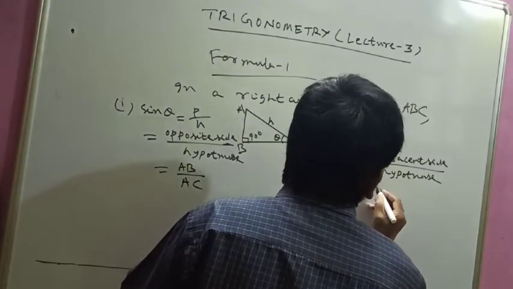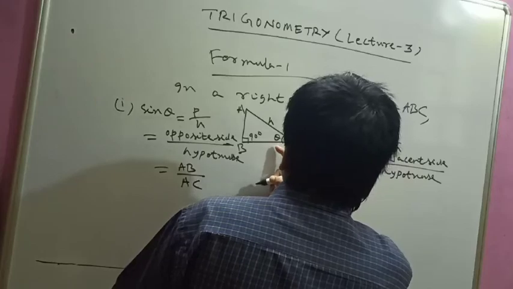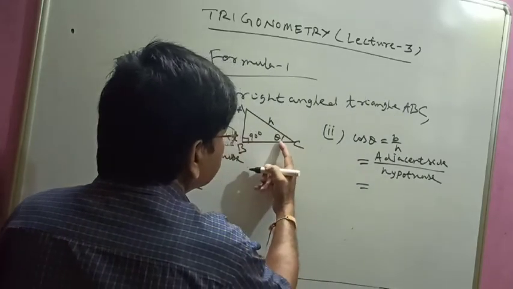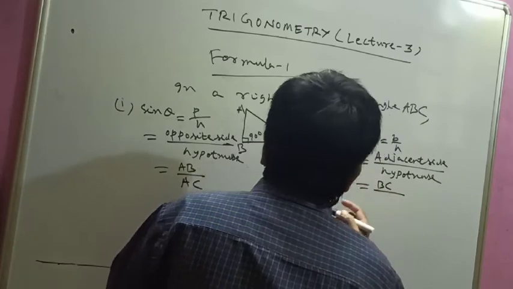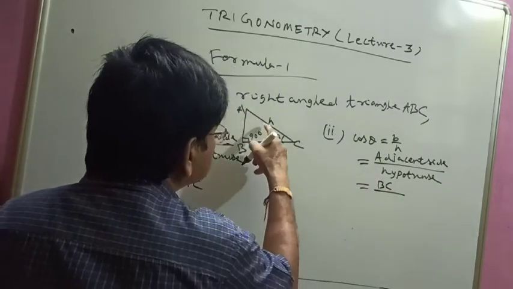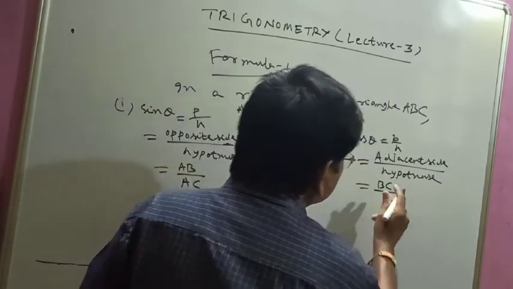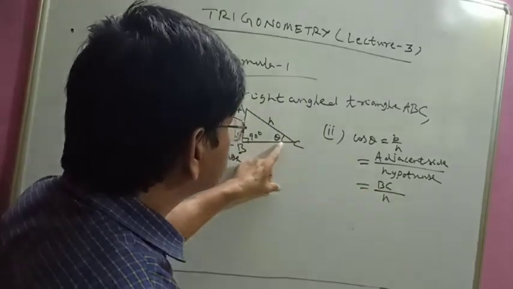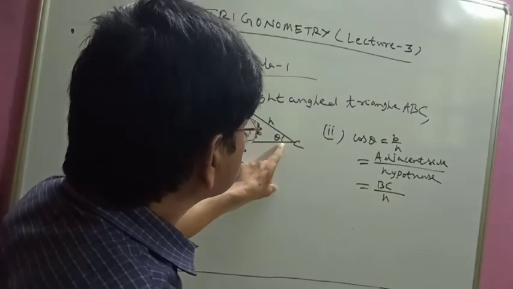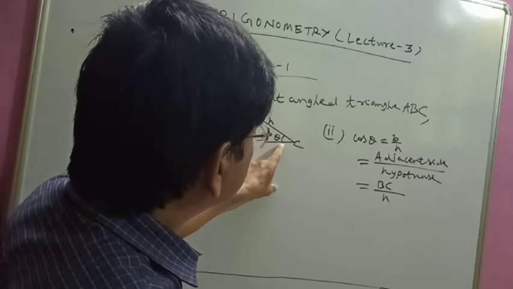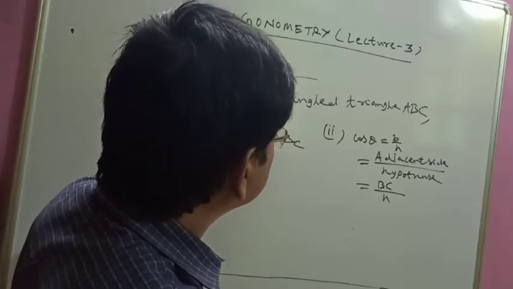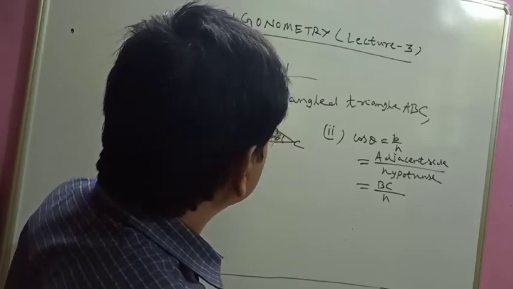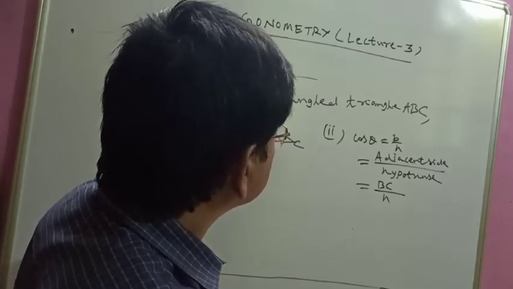So here adjacent side by hypotenuse. Adjacent side in this figure, according to the angle theta we have taken, is BC. Okay, divided by hypotenuse, that is H. Adjacent side means, this angle we are taking theta, so what is the adjacent side? The angle theta, that is BC. AC is also adjacent side, but AC is a special line, that is hypotenuse. Because this angle is 90 degree, its opposite is AC.